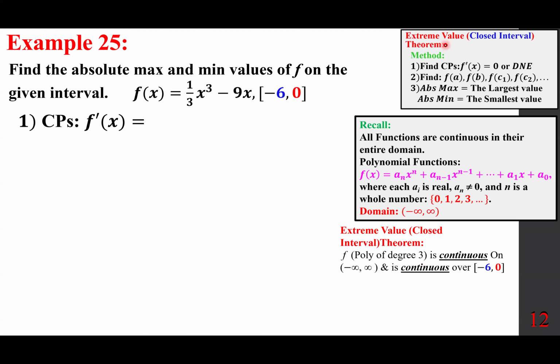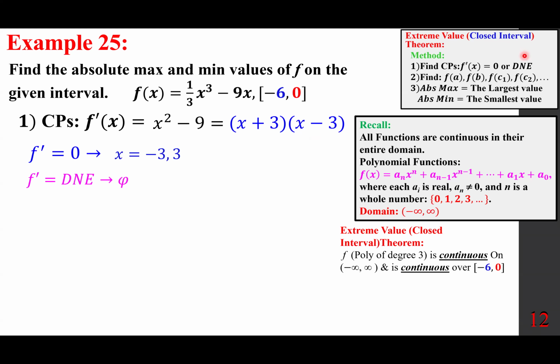Number one, we want to find CP. That means we are going to differentiate. f prime of x, 1/3 times 3 is 1, x squared minus 9. Because we want to set this equal to 0, we're going to factor it into x plus 3 times x minus 3. And therefore, we get two answers. This gives us negative 3, this gives us positive 3. So that's the first part. The second part says where f prime does not exist. f prime does not exist doesn't give us any solution. This is phi,